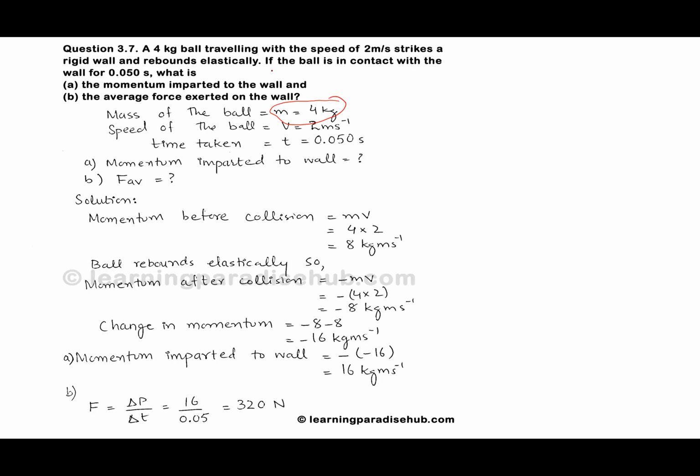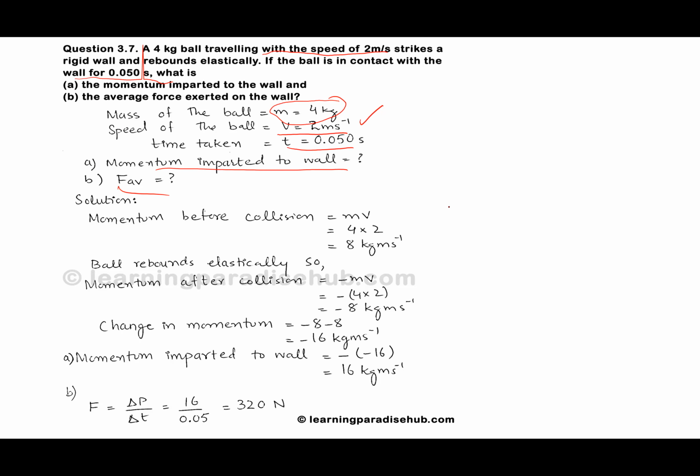Traveling with a speed of 2 meter per second, this is speed. The ball strikes a rigid wall and rebounds elastically. If the ball is in contact with the wall for this time, what is the momentum imparted to the wall, and the average force exerted on the wall? This time is given, velocity is given, momentum imparted we have to calculate, and we have to calculate the average